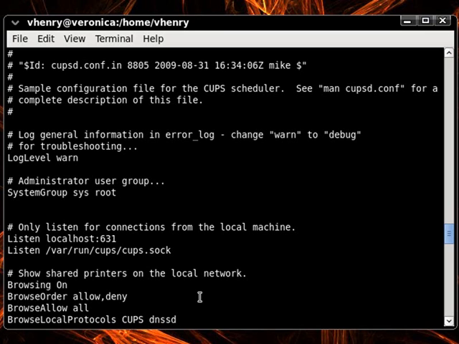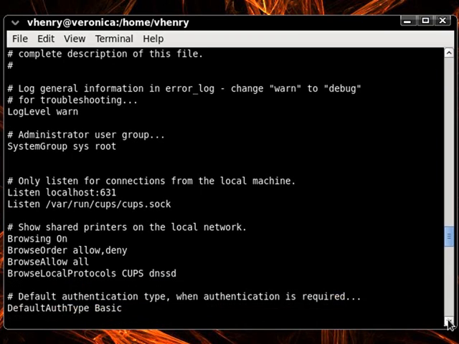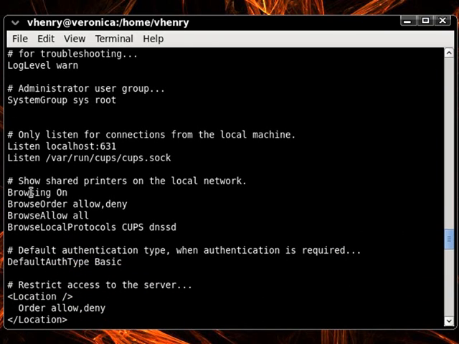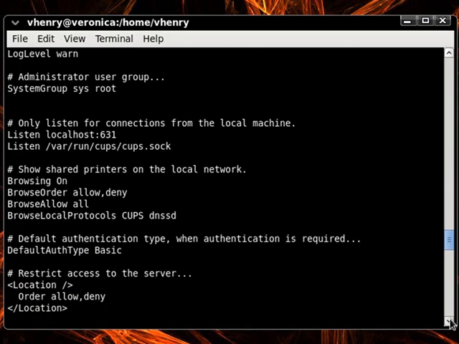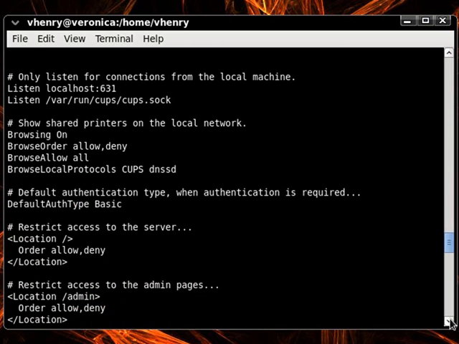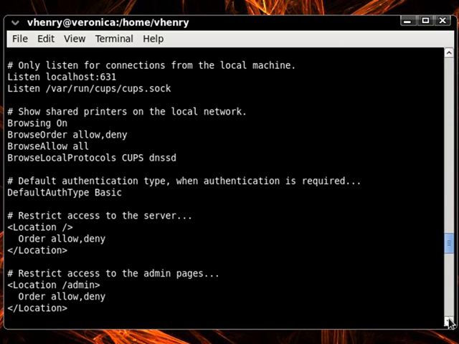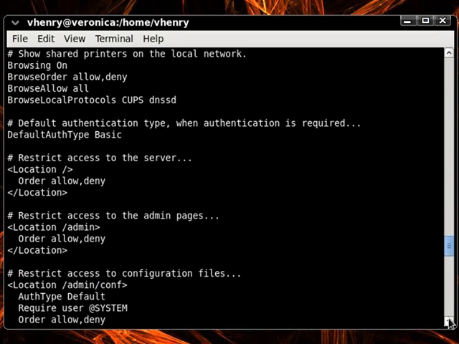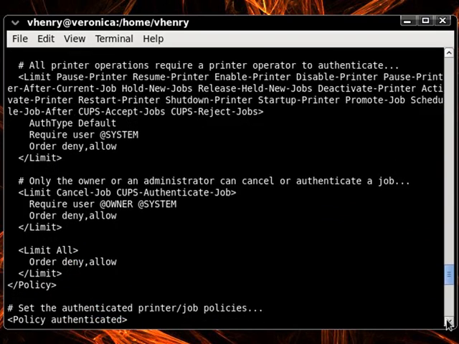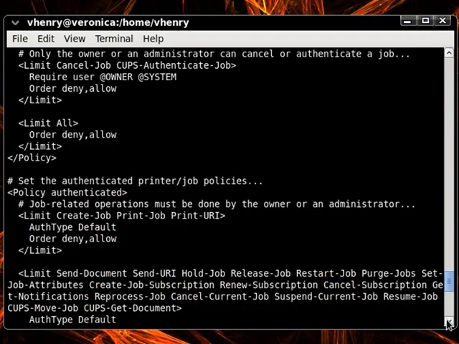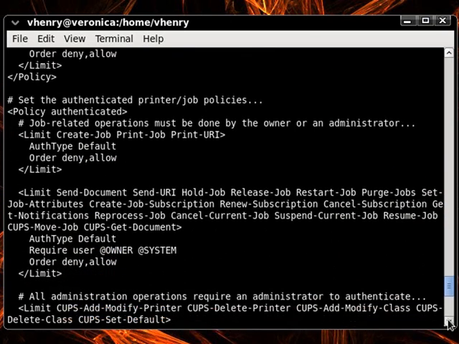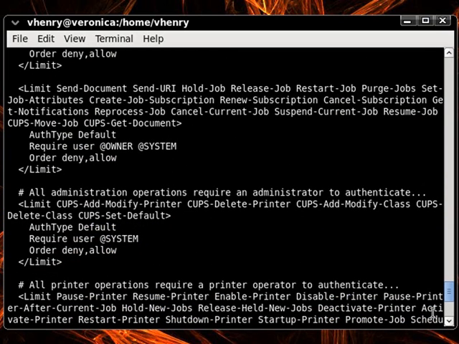Now I don't have a default printer attached, so you won't see any options for that, but what you do see here is browsing on, browsing order, and some of the other options we've talked about, browse allow. The file is actually pretty well documented, and you can peruse it just to get an idea and a better understanding of the work that CUPS does behind the scenes. Got some policy information here. Some settings for administration, operations,